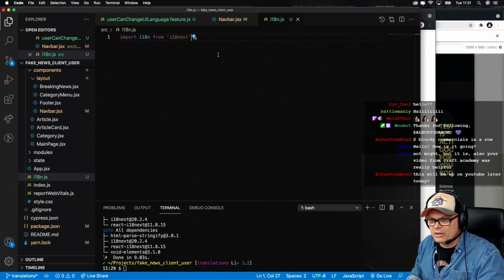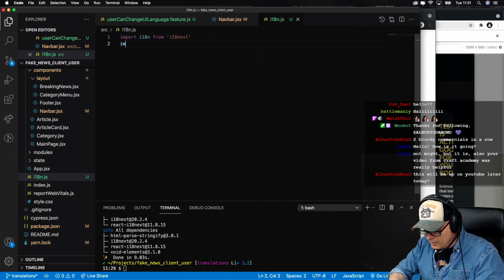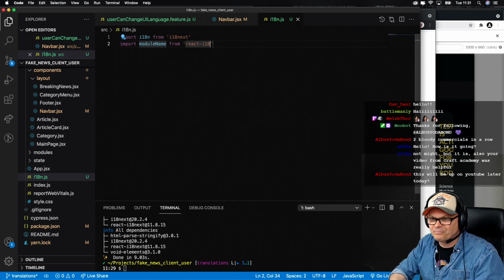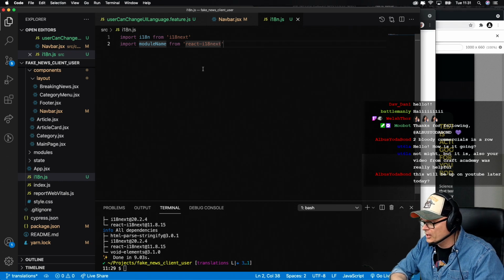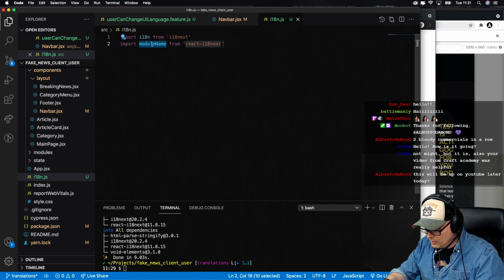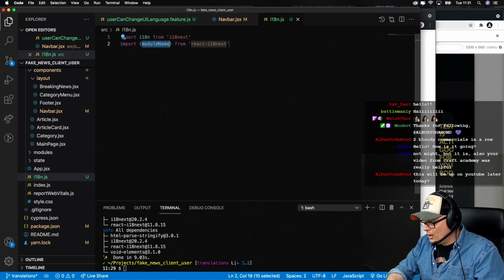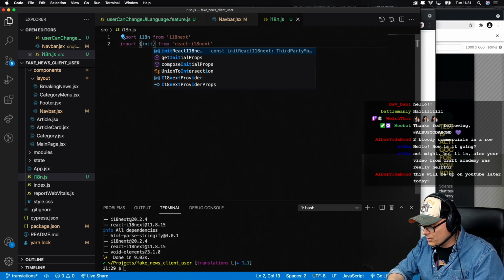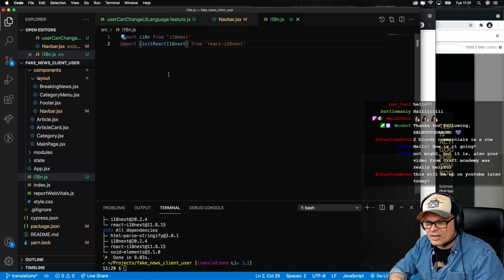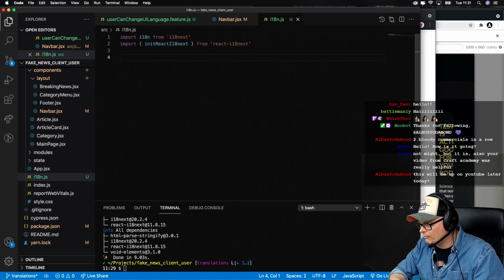But anyway, we're gonna import this guy, and we're gonna say that we want to import from the React i18next library the module that is called initReactI18next, like this. Okay, and then we want to not do anything at this point, but we just want to say